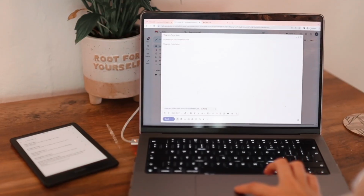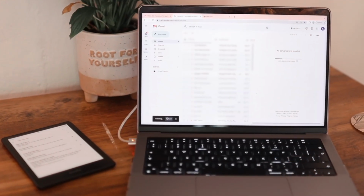Make sure the email address that you're sending the document from is your Amazon account's email, not a different email, because then it won't be able to verify it. You can change it in settings but it's very complicated, so just make sure the email is your Amazon account email. And then I just emailed myself a Notion document, which is a PDF, and I could read it on